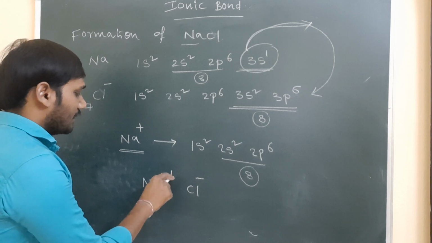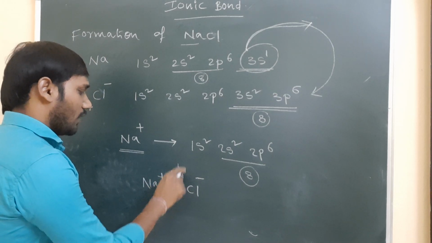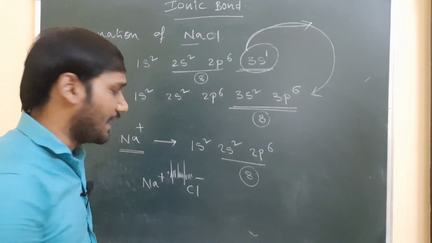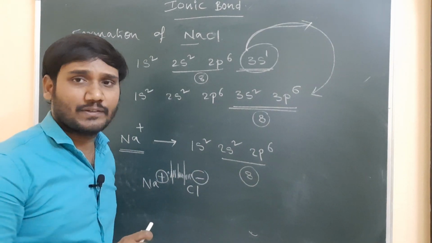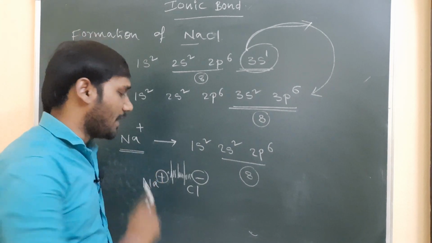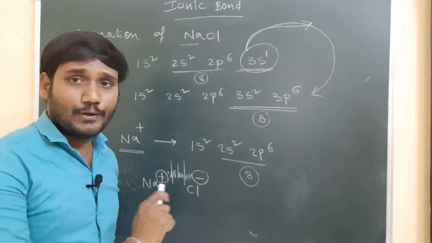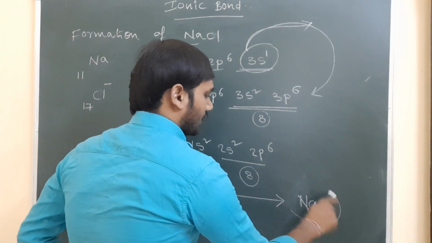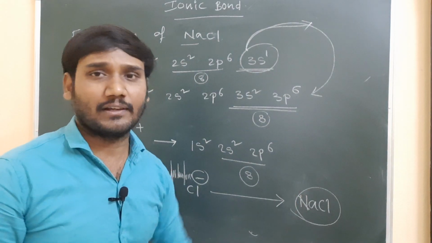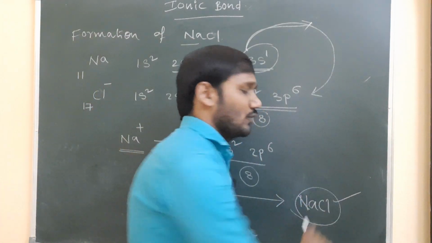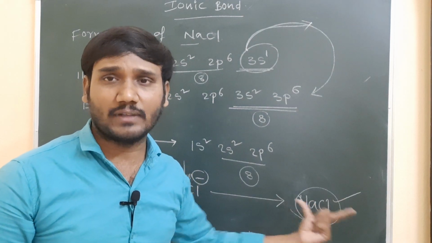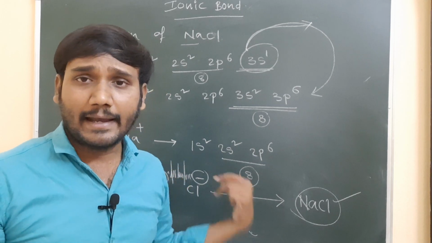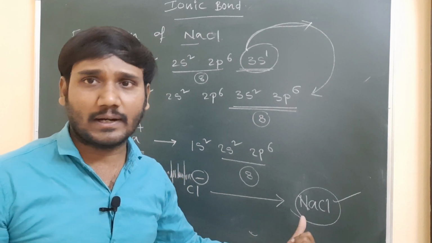What we discussed in the universe: between two oppositely charged ions, attractions are always present. Due to the same fact, sodium is positively charged and chlorine is negatively charged. Due to the two opposite charges, the two ions come close to each other and a crystal structure is formed, and this is the formation of sodium chloride. We can also say formation of an ionic compound. So between sodium and chlorine, what type of forces are present? Electrostatic forces are present. Electrostatic force of attraction.